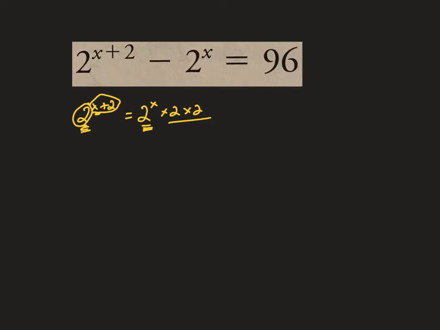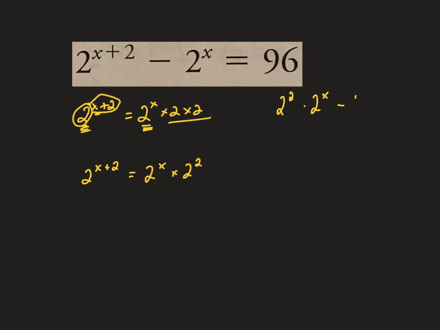So the exponent law says that 2 to the a plus b is the same as 2 to the a times 2 to the b. That's another way of looking at it. It's just knowing that exponent rule. Okay, so knowing that, we can say that 2 to the x plus 2 is just 2 to the 2 times 2 to the x